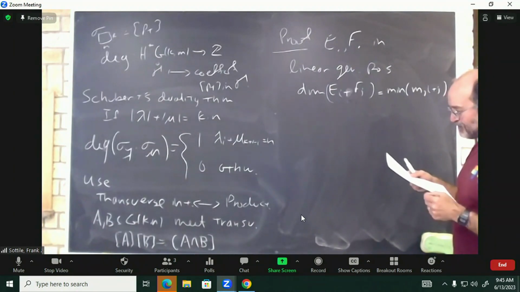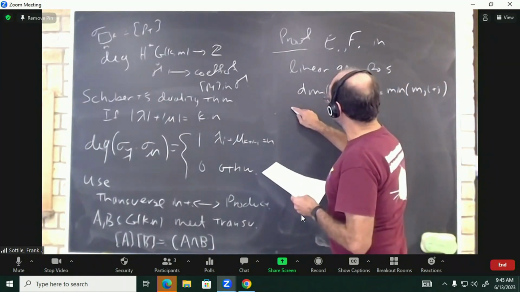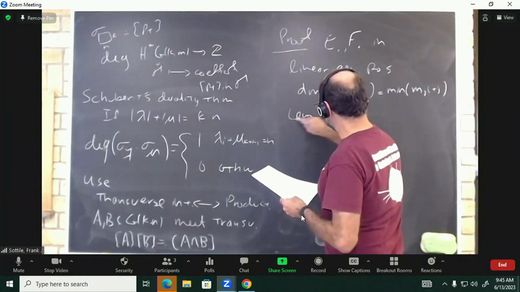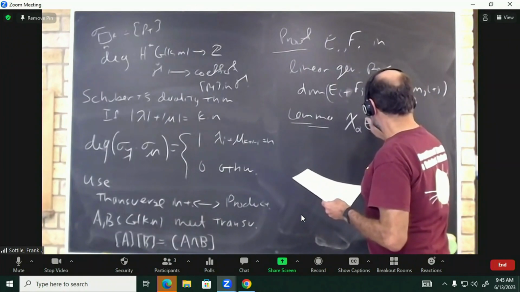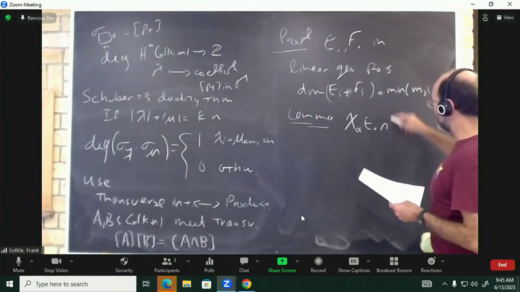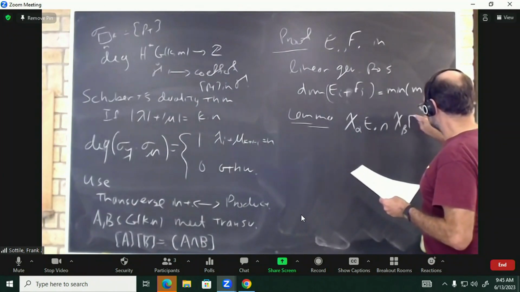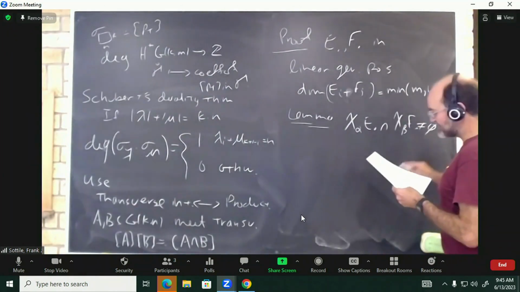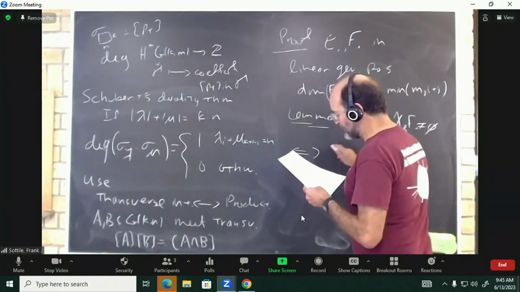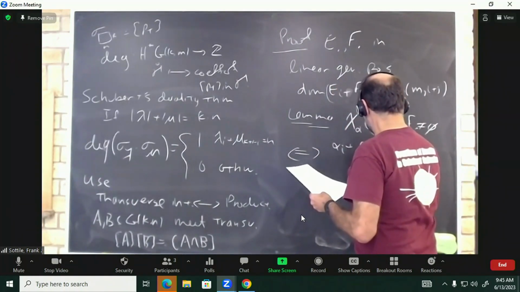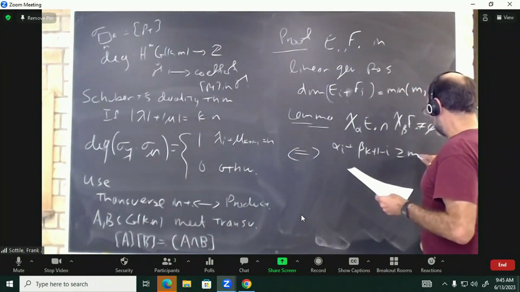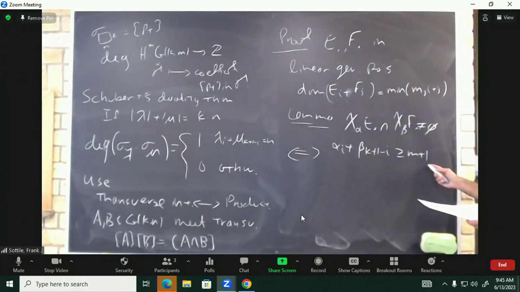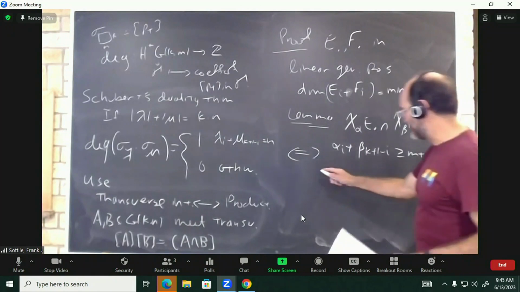And then there's a lemma you prove that says that under this assumption that they're in linear general position, X alpha is not equal to the empty set if and only if alpha I plus beta k plus 1 minus I is bigger than or equal to m plus 1. And this comes about from the condition that